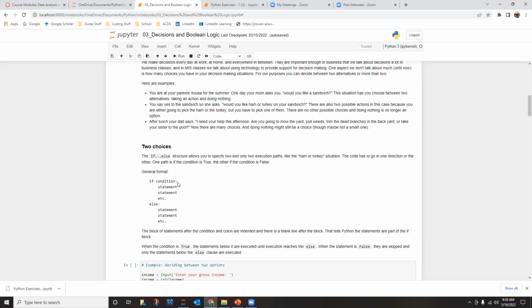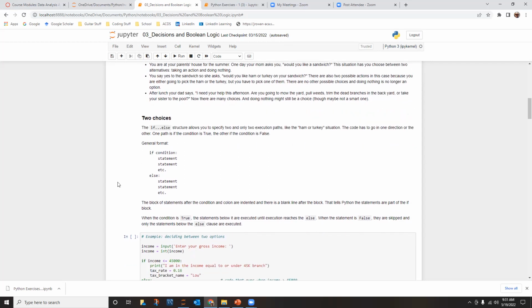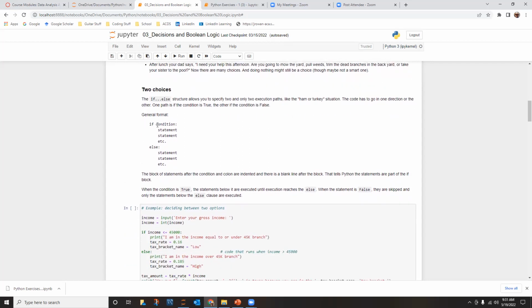It's unlike a lot of other languages, where it doesn't matter what line you put it on and how much white space there is before a line or anything like that. It's only there for readability, but for Python, it matters, and you'll get an error if you don't follow along with the way Python is expecting things. So the general format for an if else block, if